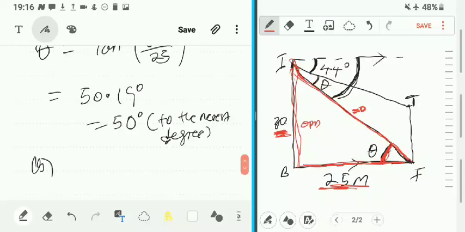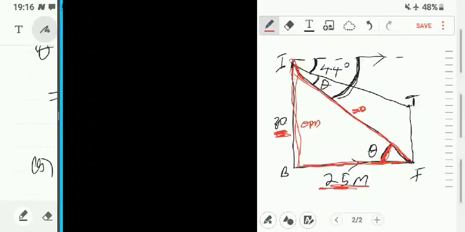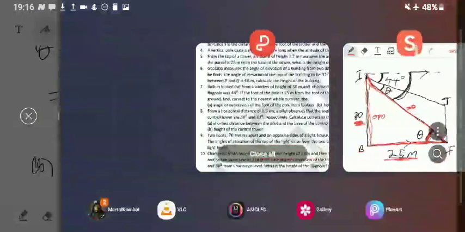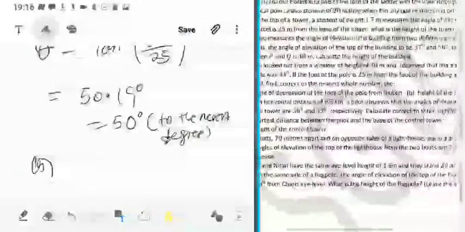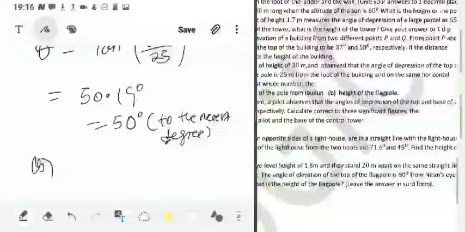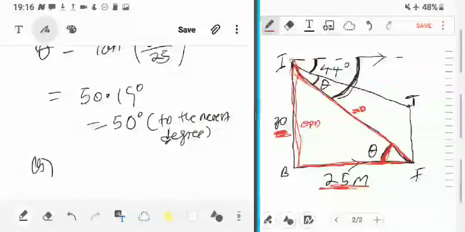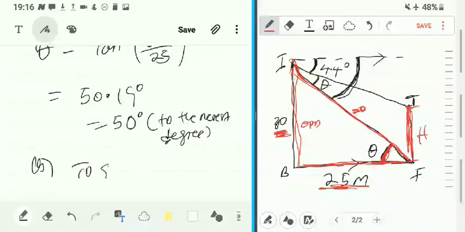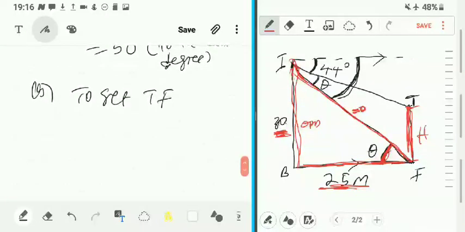What were we told to do in part B? We are told to find the height of the flagpole. This is the height of the flagpole, TF. To get TF,